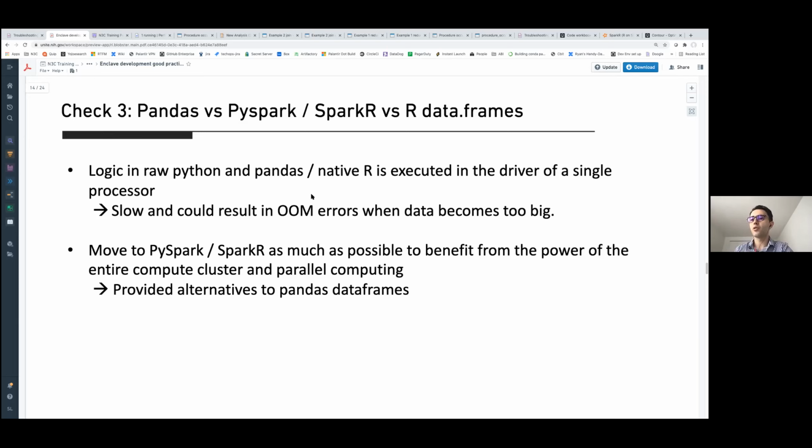So you can get away with using Pandas or native R when the data is small enough. But when it becomes too big, your performance starts suffering. And so moving to PySpark or SparkR as much as possible will help you benefit from the power of the entire compute cluster and parallel computing.